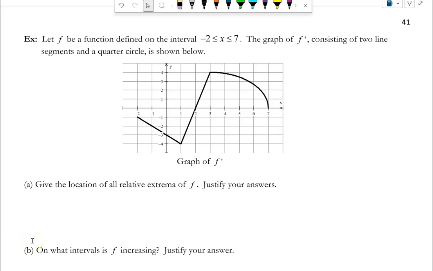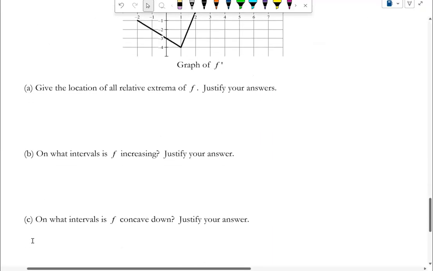All right, in this last example on page 41, we are talking about a function f. F is defined on the closed interval from -2 to 7, and we're given the graph of f prime. And so we're going to be asked some questions about relative extreme values, where f is increasing, and then also